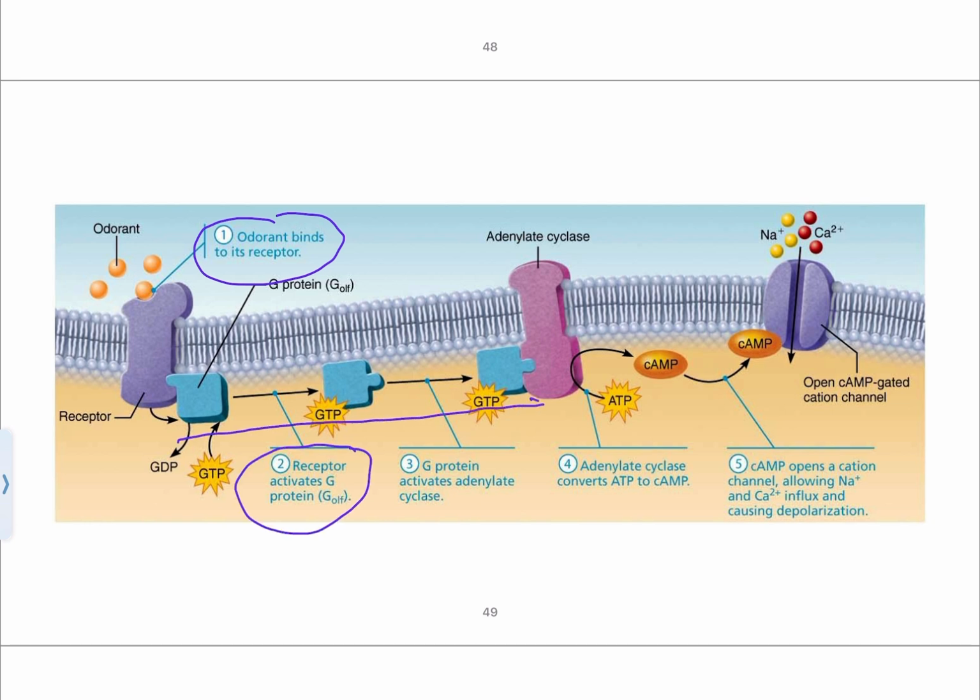So this is that pathway. Again, it's very similar to the one we saw in phototransduction. We have some sort of odorant that's binding to its receptor. Once it's bound, it's going to activate a G protein that's going to translocate across the membrane and bind to an adenylate cyclase, which is now going to become activated. When we're talking about phototransduction, it wasn't adenylate cyclase, it was phosphodiesterase. But regardless, this enzyme is going to cause activation of cyclic AMP. Once we have